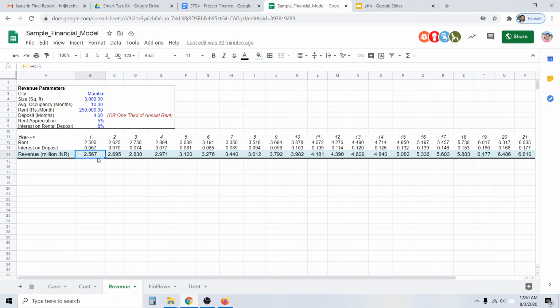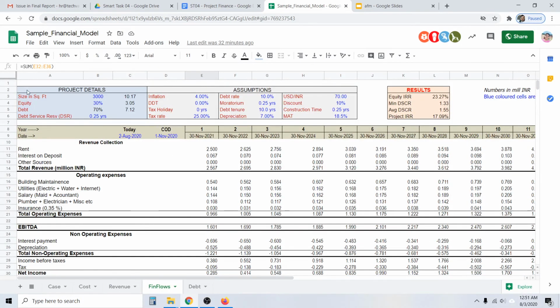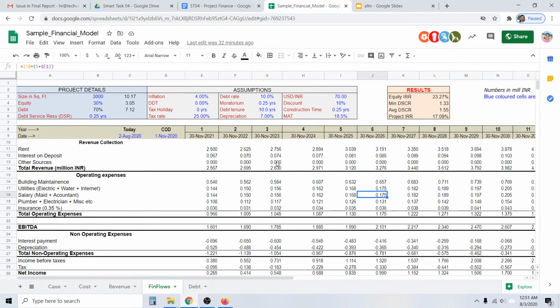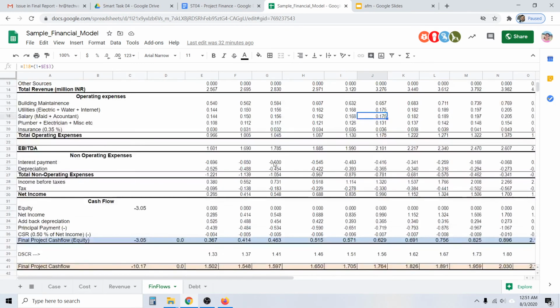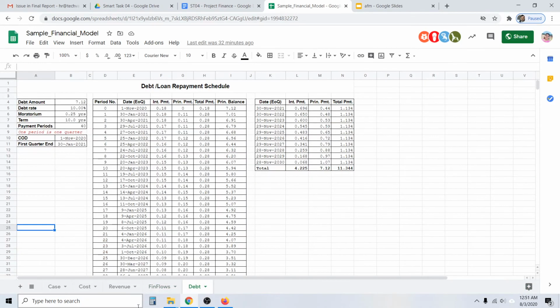Now when you are able to arrive at the revenue numbers, make sure that whenever you prepare a financial model, your numeric values are very consistent. You cannot just write 25 lakhs as 25 and 0 0 0 0 0 0. That is not done. It should be very much consistent, like in million rupees or 1,000 rupees, something like that. Then you need to come to the fin flow sheet. I know that there are so many assumptions here that are not required in this model, but still you need to put those assumptions because you don't know when you're going to use them.